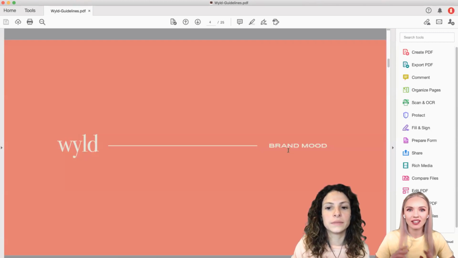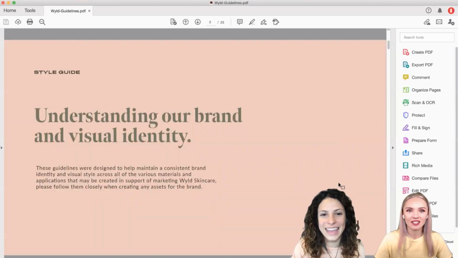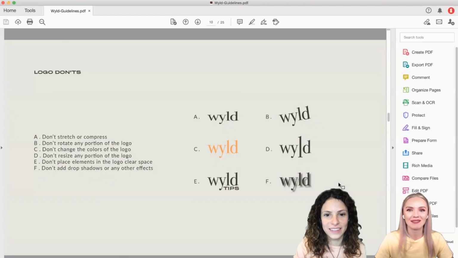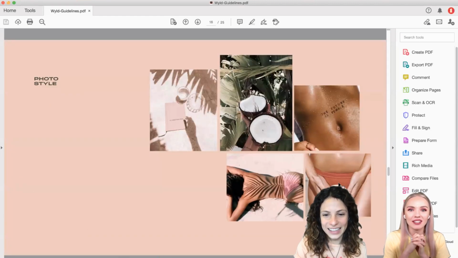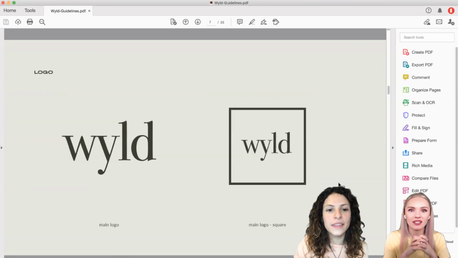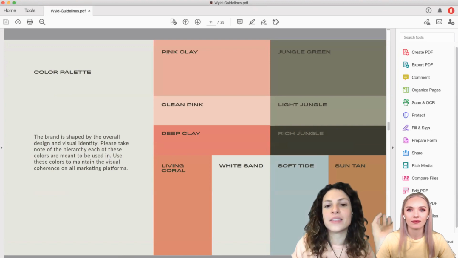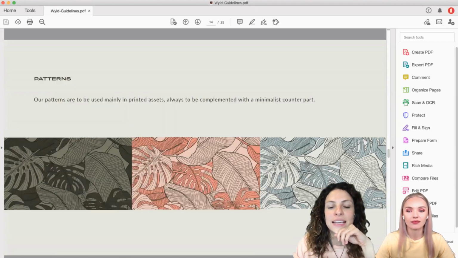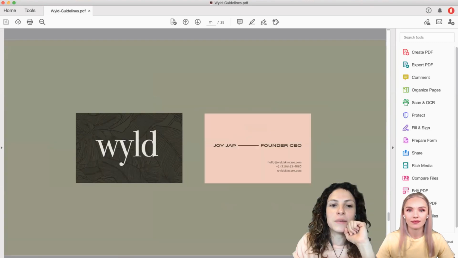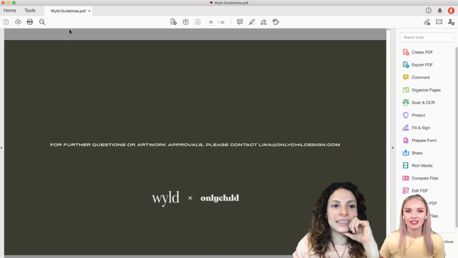Can you click through real quick so we kind of get an idea? Because this is very interesting. Just click all the way through very fast, because we have very little time left. Oh yeah, there we go. The logo right there is very well defined. You have the typefaces, we have the colors. I did not design the logo. They came to me to design their brand guidelines, and we've gone through rounds of these. It does not look like this anymore, but this is how I would present to a client.